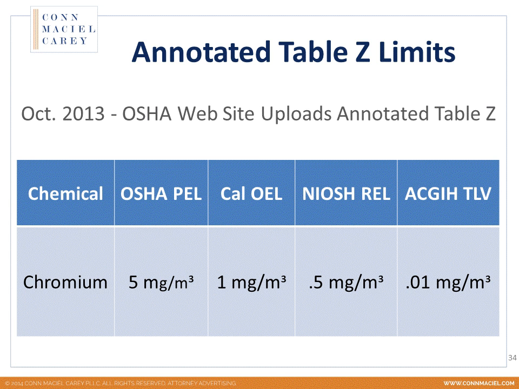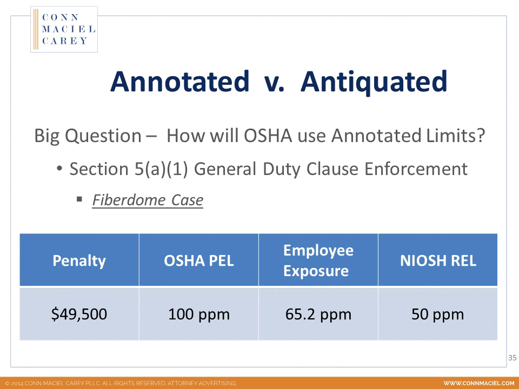The big question that everyone is wondering about is, what will the annotated table be used for? There's a lot of concern on the industry side that the annotated table will be used to bring a general duty clause, a Section 5(a)(1) general duty clause enforcement action. And OSHA has, in fact, brought at least one of these cases. I have an example in Wisconsin of Fiberdome,